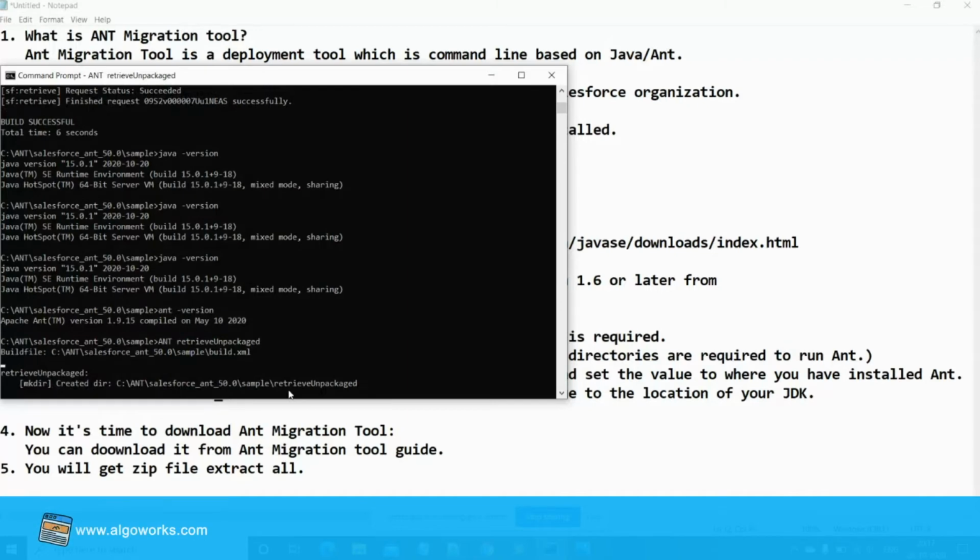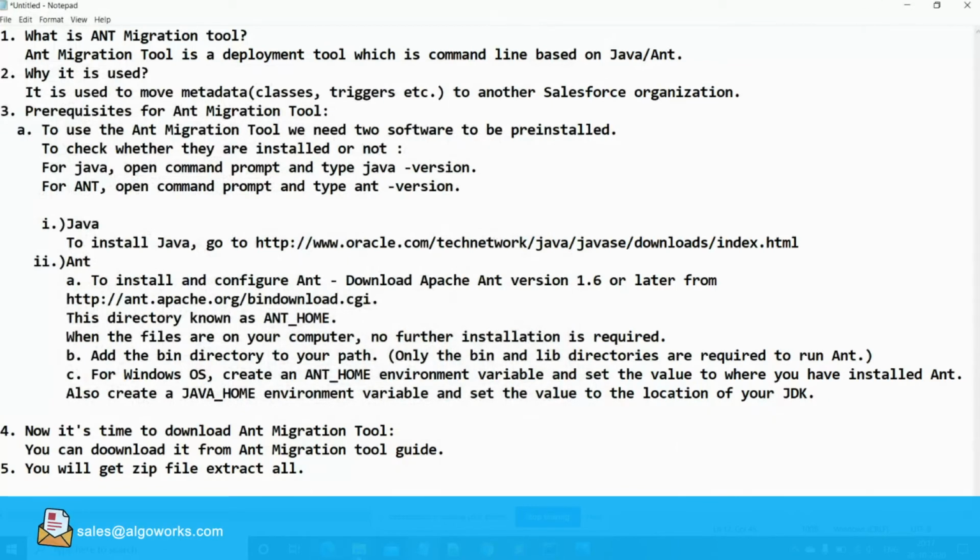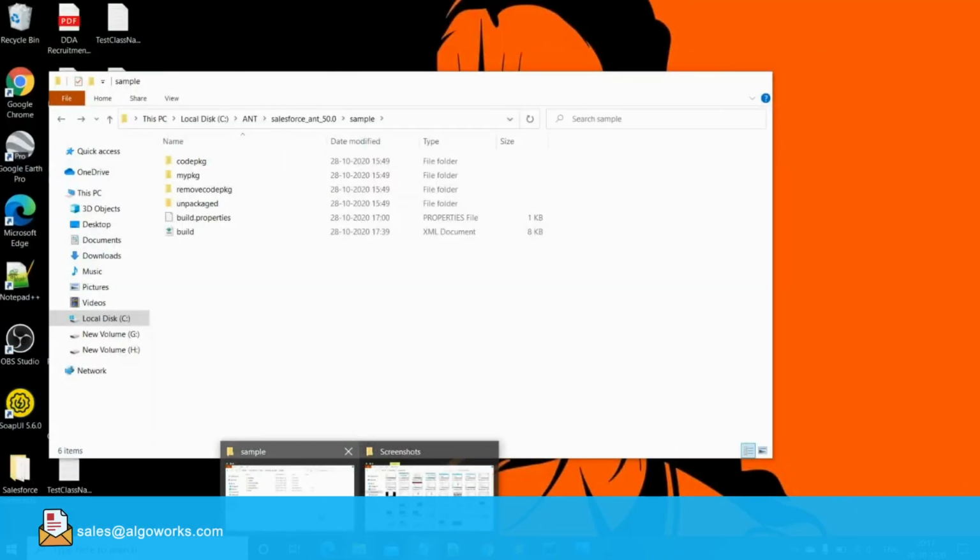You see it is taking time, which means some processing is going on, and now you see it is build successful. Now we can check whether we retrieved the data or not.